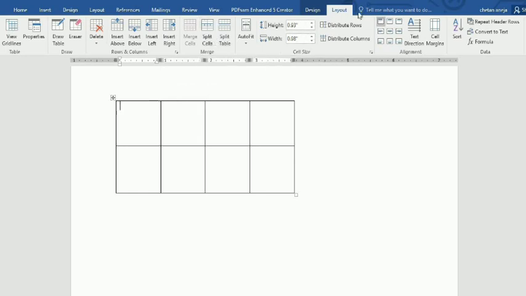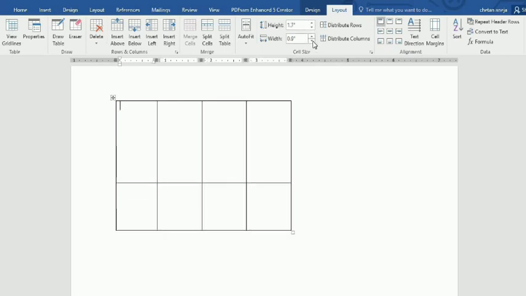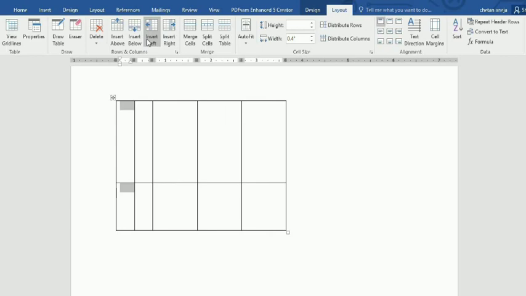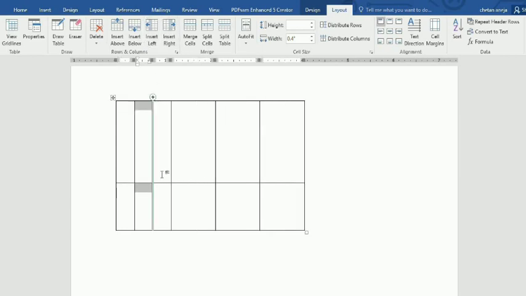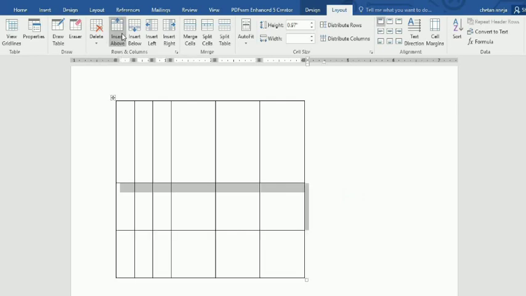So click here, choose any option, either height or width. Okay, you can also just select the first column and choose insert column left, insert column right. You can also select the row and choose the insert row above option, insert row below option.